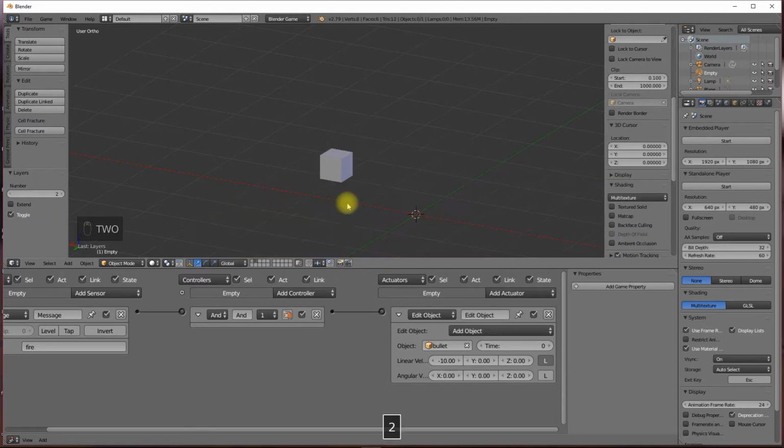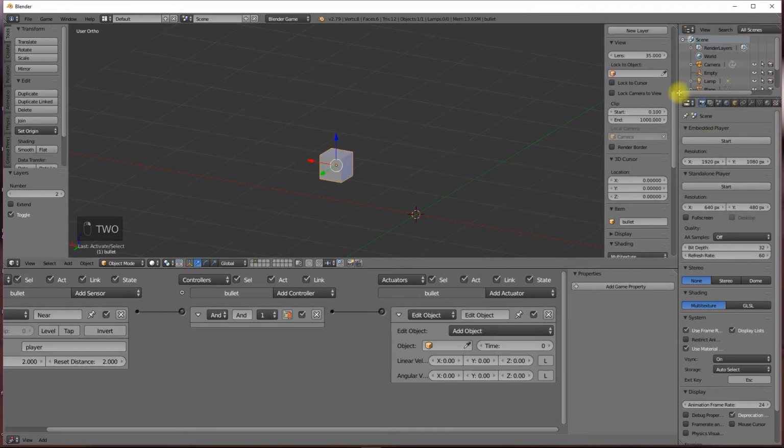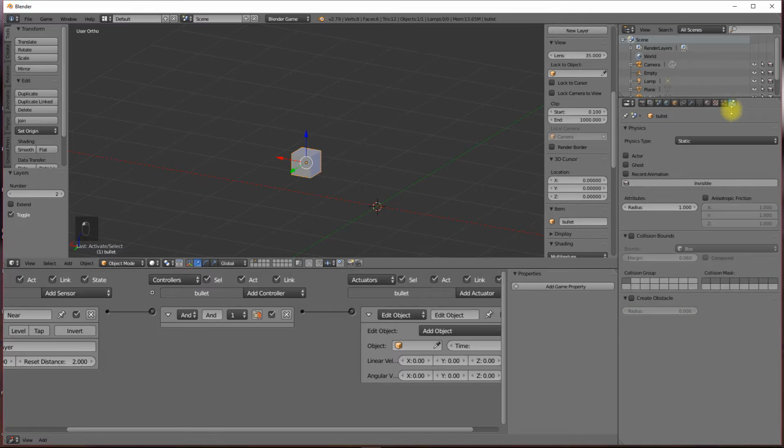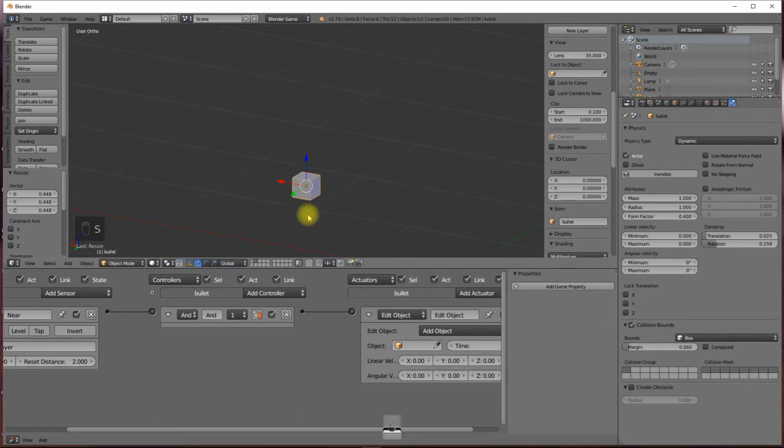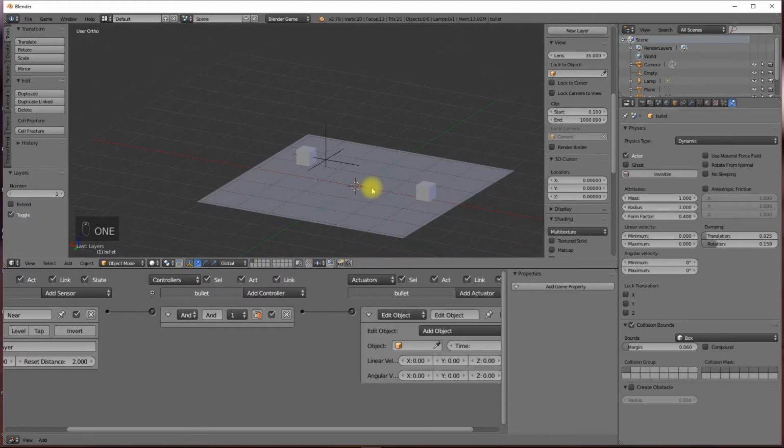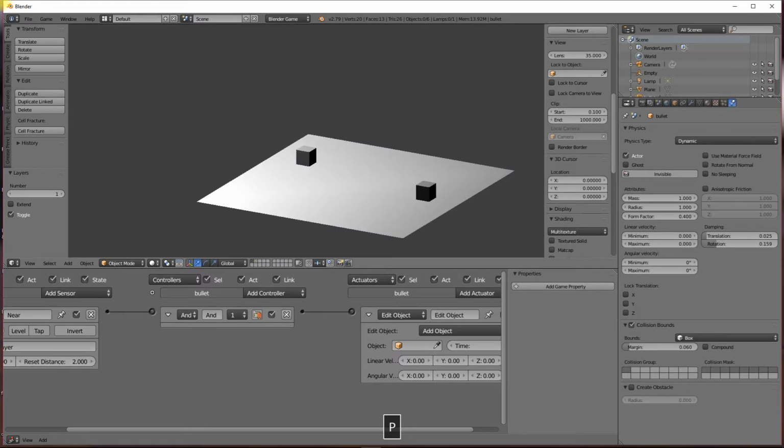One last thing we need to do is go to layer 2, and then we need to make this a dynamic object, otherwise it'll appear in the game but not go anywhere. So that's its collision bounds, so we'll set its collision bounds to be set on a box, and then what we'll actually do is scale it down a little bit and apply that scale. So back to layer 1, and we're going to press P, play the game, and then we're going to move forward,